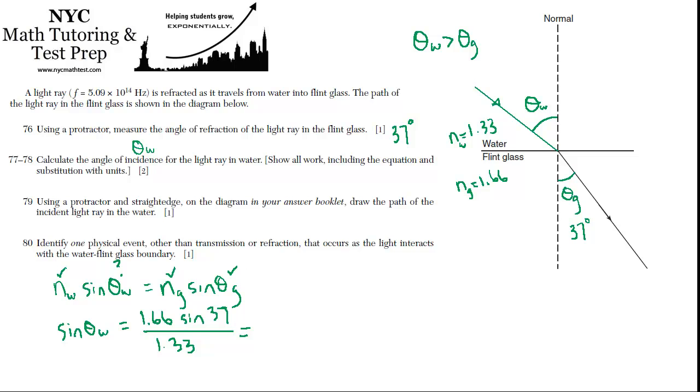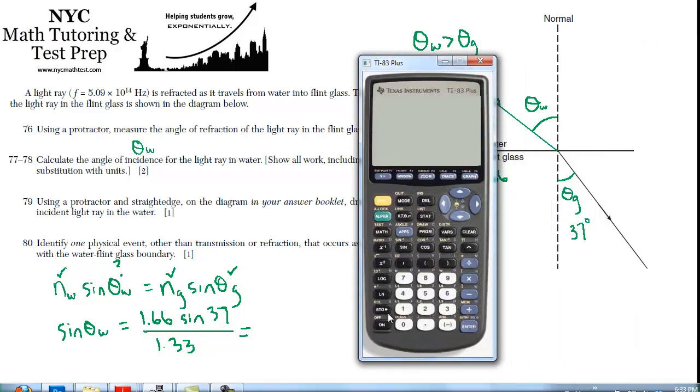Where's our calculator? We have 1.66 times sine of 37. That doesn't look right. I think we're in the wrong mode. Yeah, we need to be in degree mode. So can we just go over to degree mode? That should do it. And now we can get out. So again, it's 1.66 times sine of 37, and then divided by 1.33. So we get